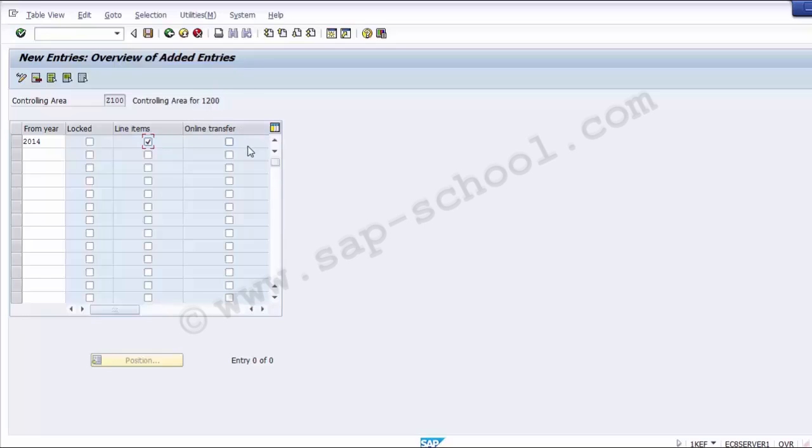The next one that comes up is the online transfer. Now this checkbox enables you to post information online from the other components. Otherwise, we have to post the same manually. So if you select this online transfer option on this screen, this will activate your profit center accounting automatically during